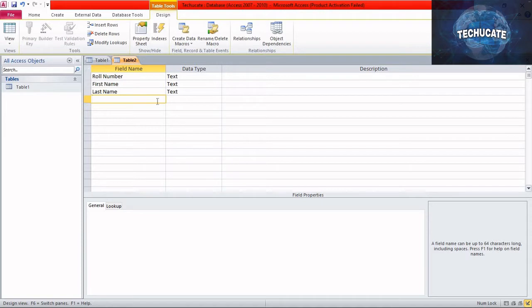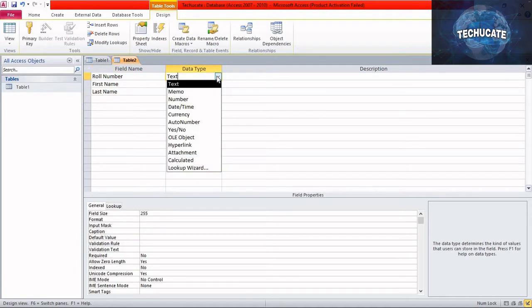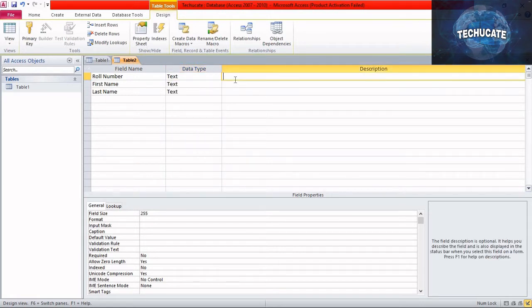We'll have the data type for these attributes by default as text. In order to change the data type, click on this drop down and select the data type as per your requirement. Before saving the table, first declare the primary key for this table.